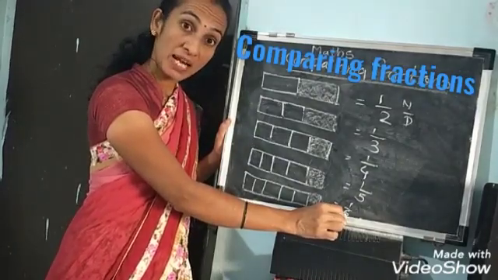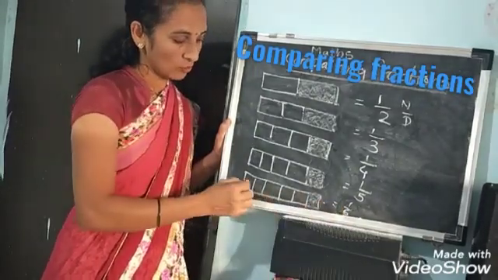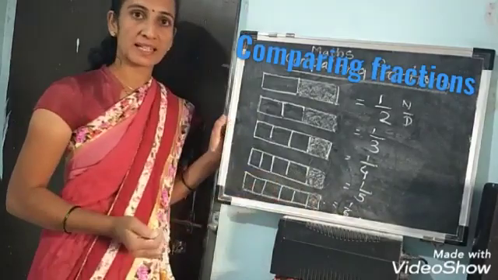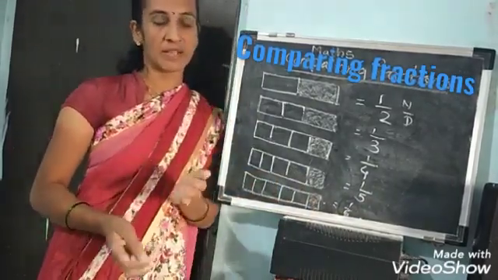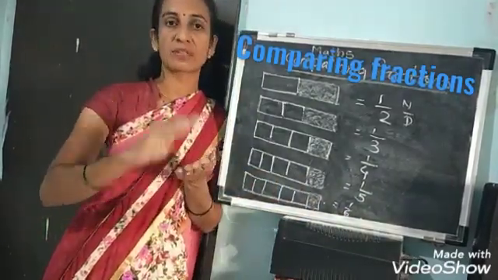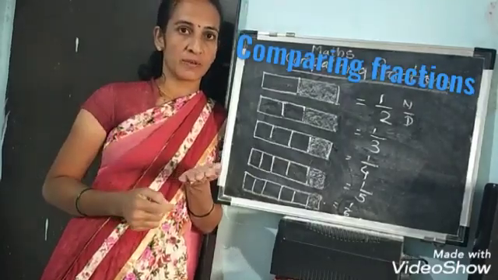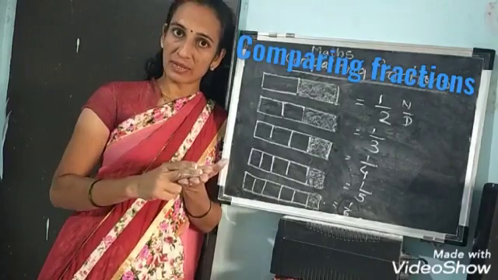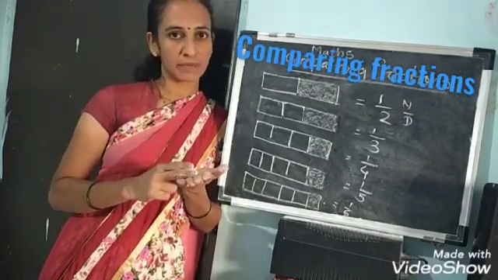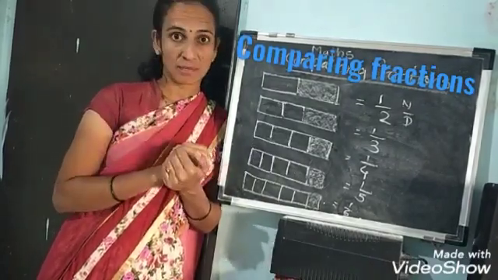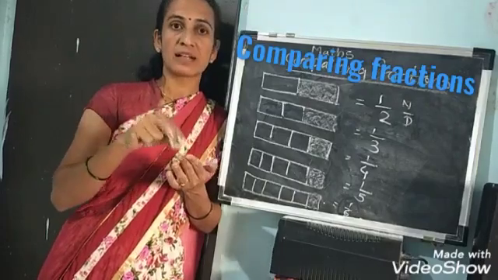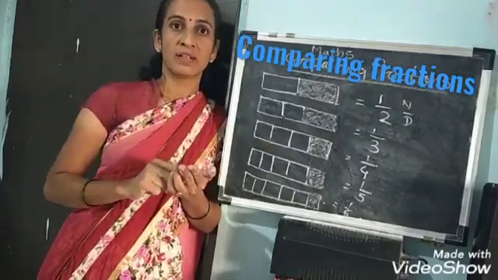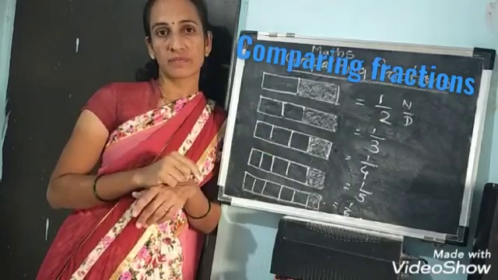So we have made 6 equal parts, and out of 6 equal parts, one part is selected. Suppose I have a Cadbury. I make 2 equal parts and one part I have given to you. To one child I have given one part. And the same Cadbury, the same size, I have made 6 equal parts and one part I gave to another boy. Then which one will get more?